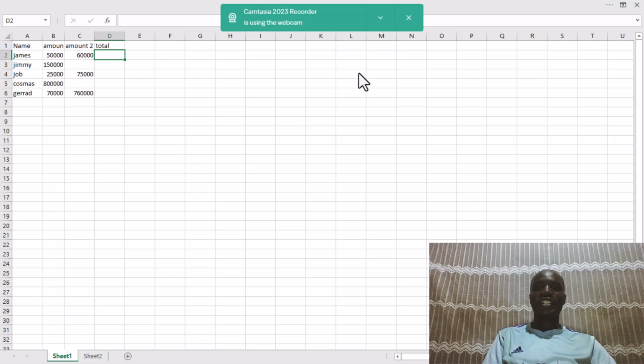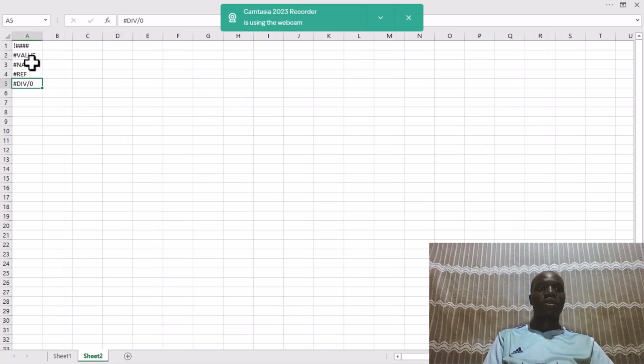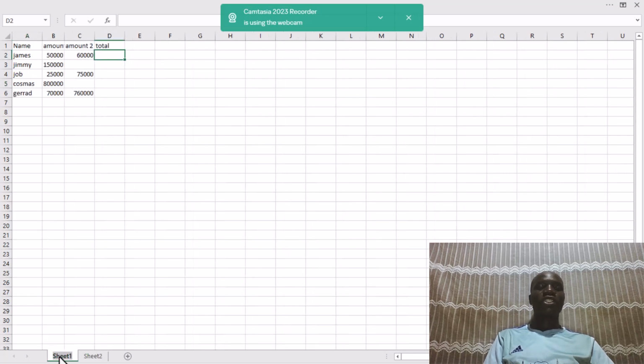As you can see, I have some data that I've entered into my spreadsheet, and the types of errors that we are going to look at are right here in sheet 2. We are going to look at the hash error, the value error, the name error, the ref error, and the div error. Looking at the errors that occur in Excel, the first that I'll look at is the hash error,